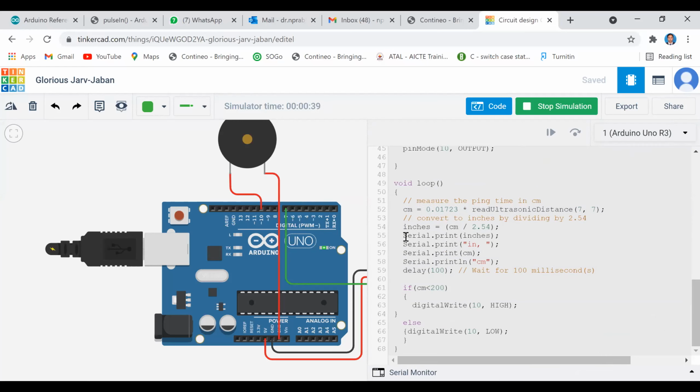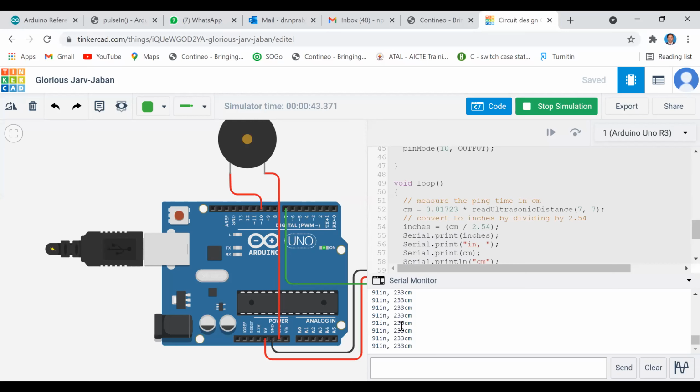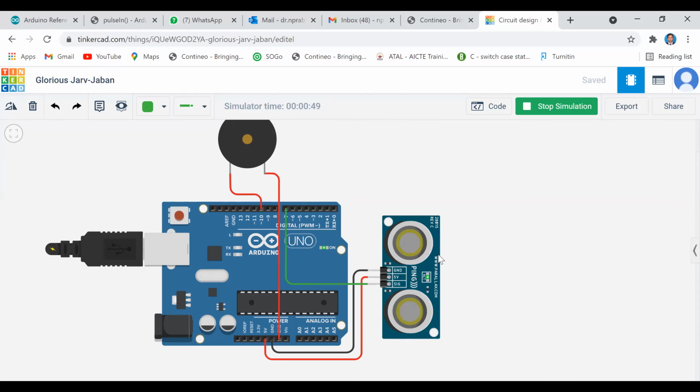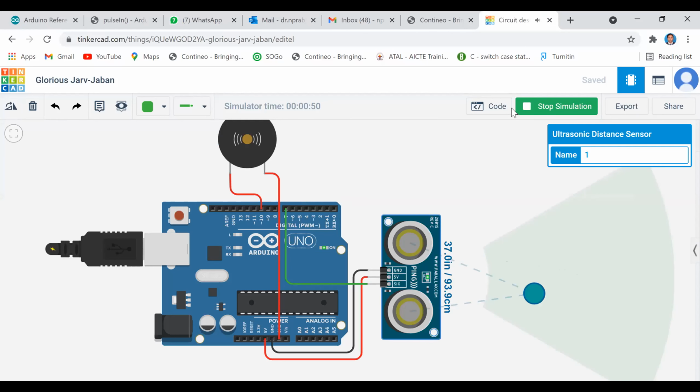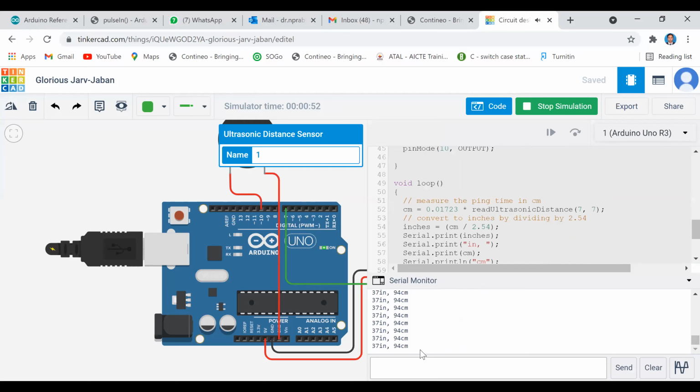Even though we are sending to the serial monitor, you can check in the serial monitor the exact distance. Right now it is above 200, so that's why the buzzer is not sounding. If the object is near, the serial monitor shows a distance of 94 centimeters.